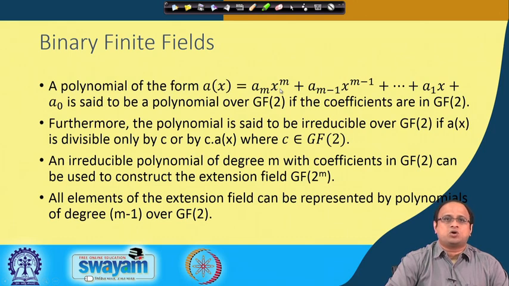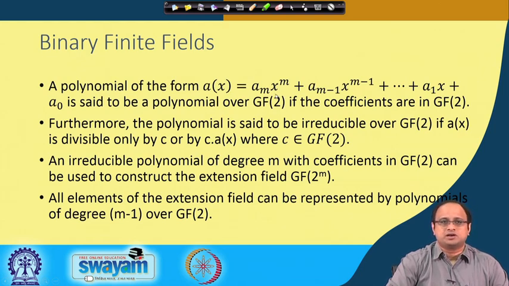So, what you do is you take the ring of polynomials, that means all polynomials possible in GF(2)[x]. Simply put, I take all possible polynomials whose coefficients are in GF(2), and then I take the remainder after I divide that polynomial by this irreducible polynomial. You can easily understand that if the degree of this polynomial is m, then the degree of the remainder will be at most m minus 1. Therefore, any modulo polynomial that I get has a maximum degree of m minus 1.